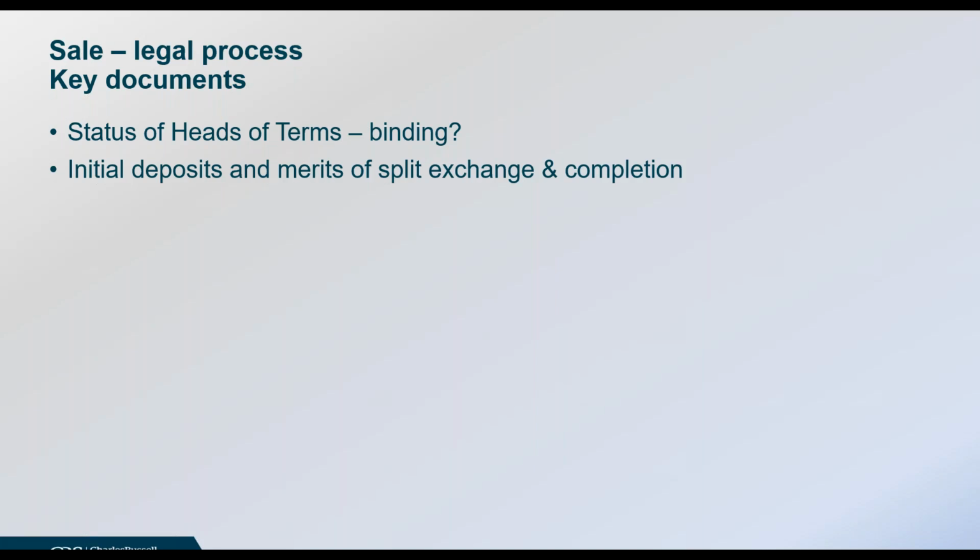And I've mentioned the merits of split exchange and completion, and I'll mention this one in passing as well. The actual contract of sale can take one of two forms, and I suppose a good contrast would be when you sell a property and you're moving home. What usually happens is you exchange contracts, and then 10 days or so later you complete and you have to move. And you can sell your company or your business that way and effectively have a gap between signing and